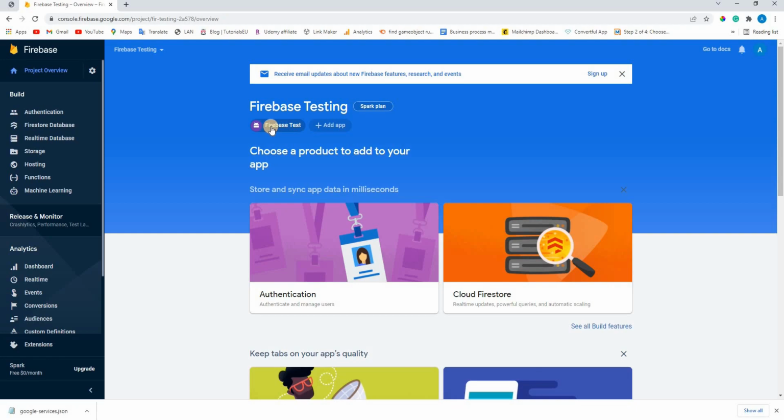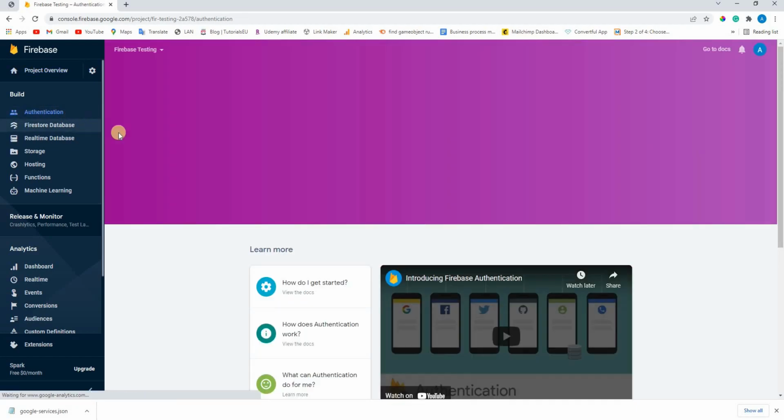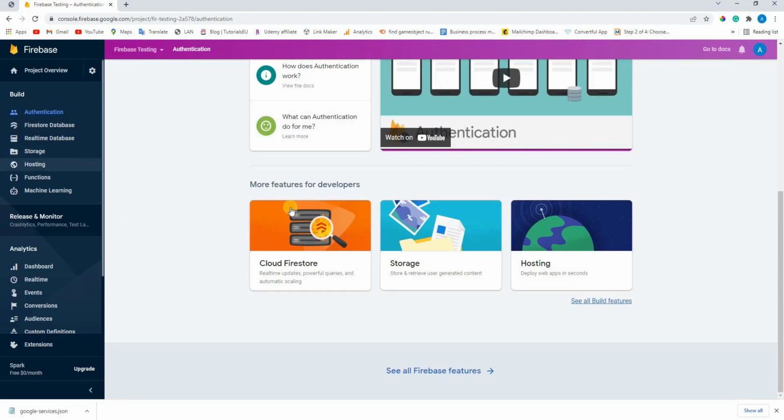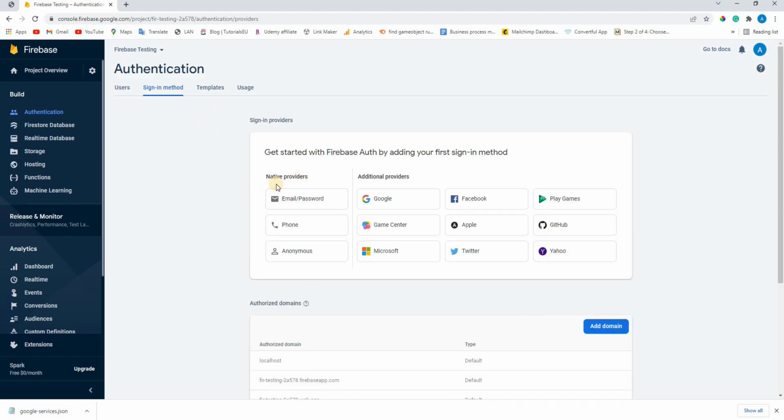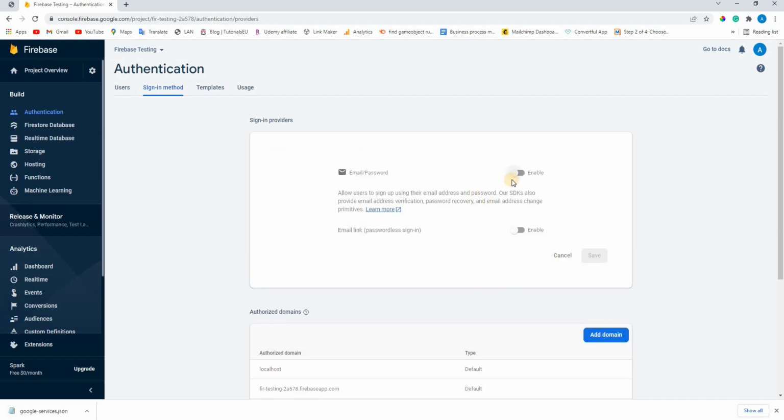So now we have created our project. Now we need to integrate the authentication part. So click on the authentication. Get started. Here we want to select the sign-in methods. So in this tutorial we will see email and password sign-in. So we need email and password. We don't want passwordless sign-in for this tutorial, so just click on the save button